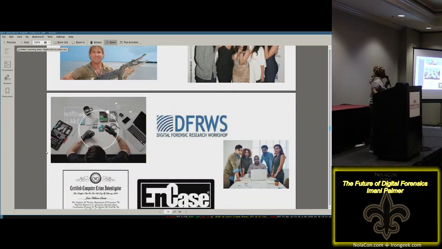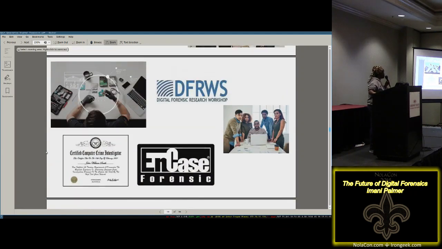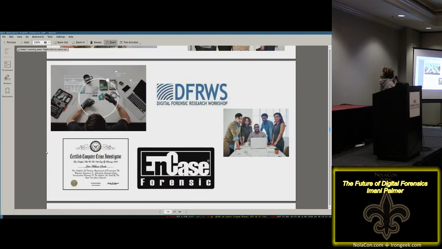And so here we started to put digital forensics in a better limelight. We started off with some research conferences. We had tools going out. We had started all the certificates and things started to really come out, and everybody was getting the digital forensic examiner certificates and things like that.